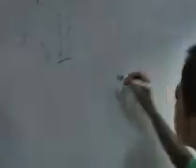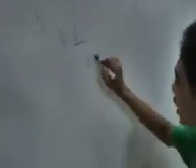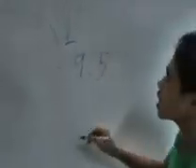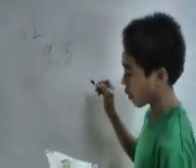Everyone, my name is Joel Marscars, and we're going to have a simplifying radical expression. And we have here a given problem. The third problem is the square root of 45k cubed h squared. So the technique for this problem is we call term by term. So first, we have to get the factor of the first term, 45. So we get 9 times 5. 9 is a perfect square.